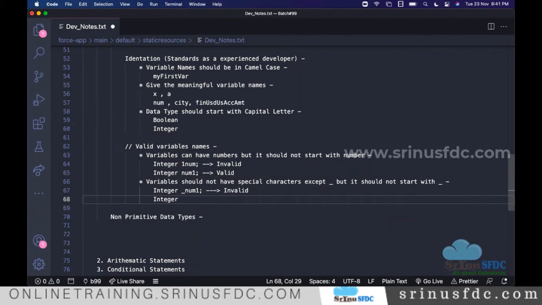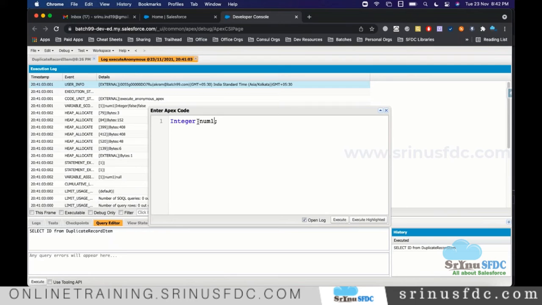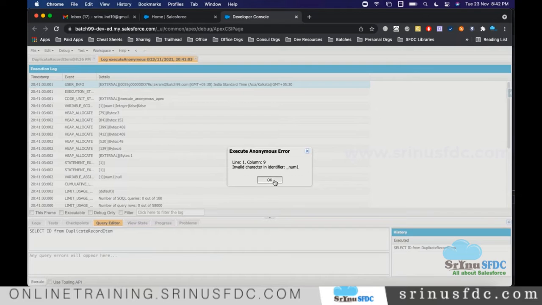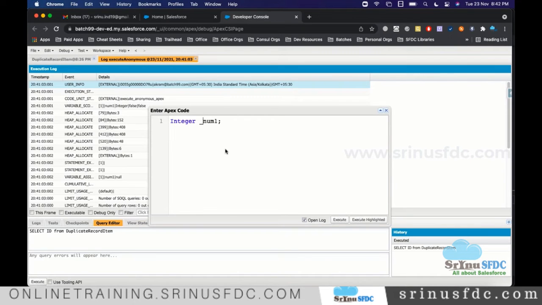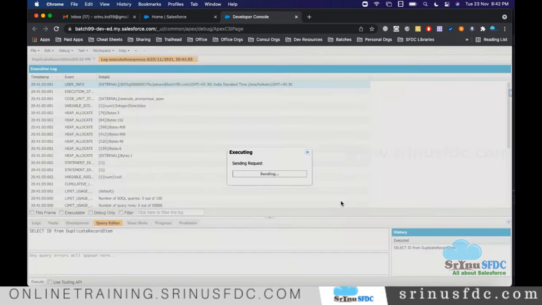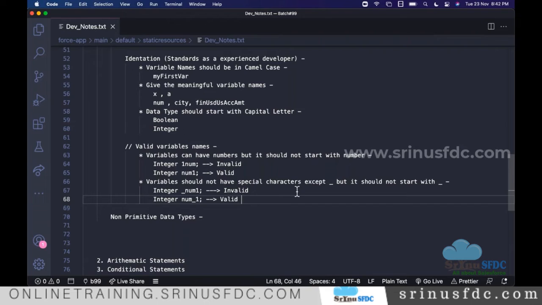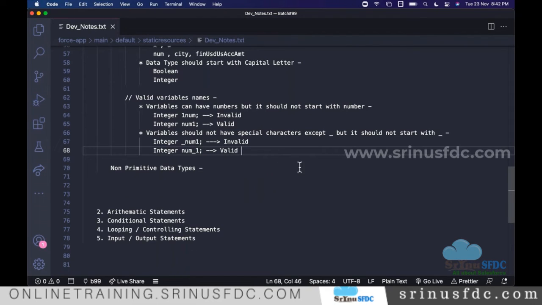When you say Integer number_1, this is valid. Same thing, if you try to execute here, it will throw an error: invalid character in identifier. If you give some special character, it will throw an error. Only underscore is acceptable, but it should not start with an underscore. These are some rules, so we should have some idea, and based on that, we have to define.